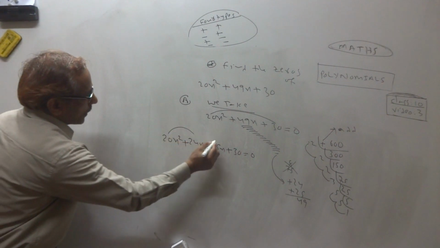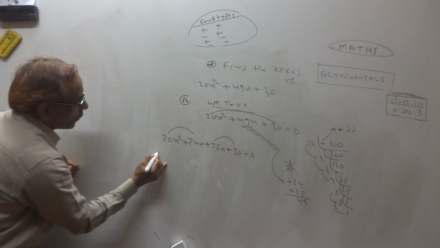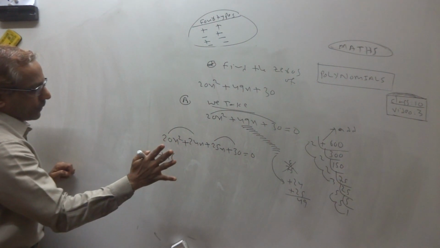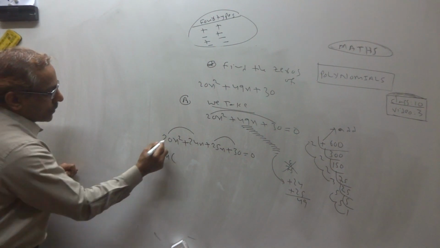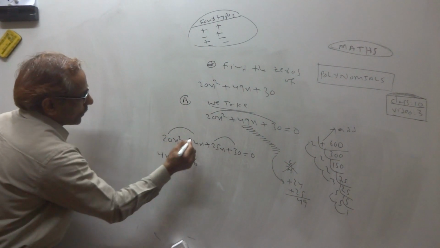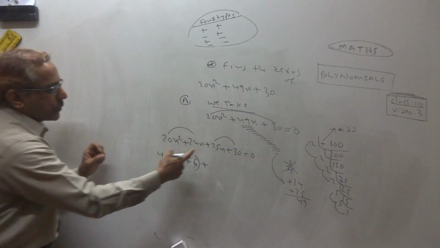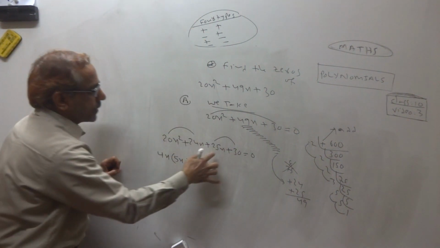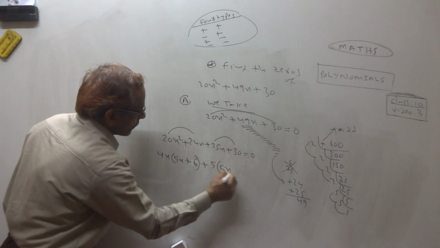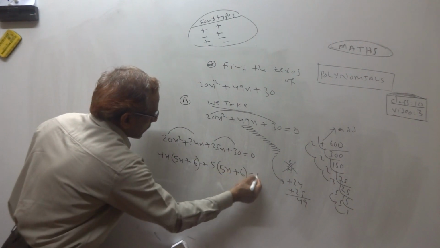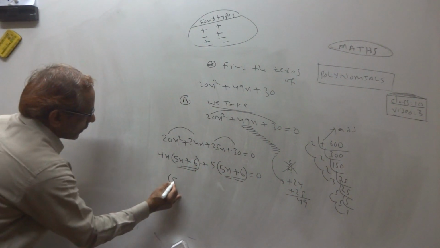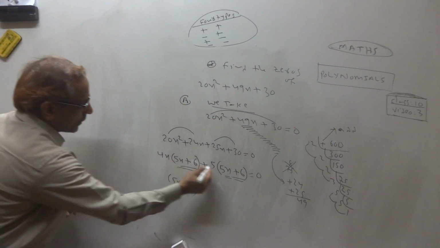Okay. Common. What is common in these two? 4x, because 4 divides both, the highest number. 4 is the common. So 4 5s are 20, x left. 4 6s are 24, x is common. Finished. These two, what is common? What is the highest number that divides both? 5. 5 divides both. See, 5 5s are 25. 5 6s are 30. You got the same? Yes, these two must be the same always. Then we write one factor. What is the second factor?